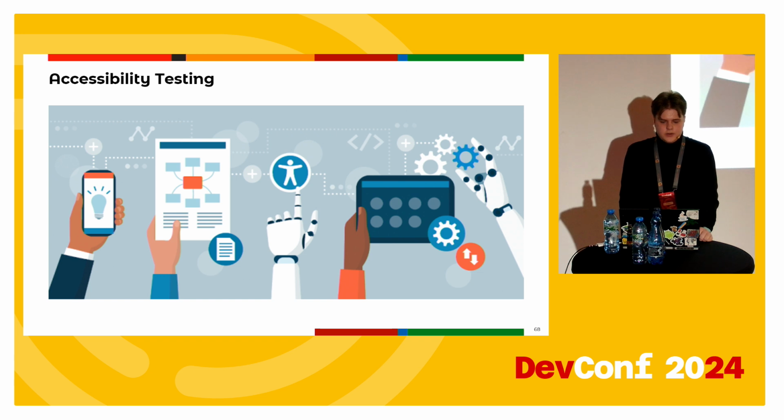AI could be integrated into accessibility testing workflows, helping developers ensure that their mobile apps meet accessibility standards more effectively. Instead of relying solely on manual testing or static tools, AI models could predict potential accessibility issues by analyzing user interactions and app behavior. This could allow developers to catch problems earlier in the development cycle, reducing the risk of releasing inaccessible features and improving overall app quality.